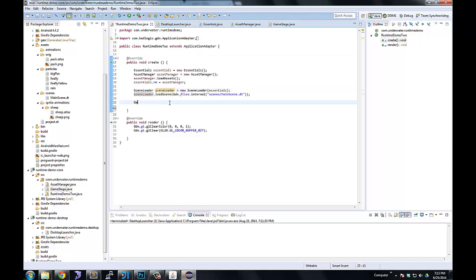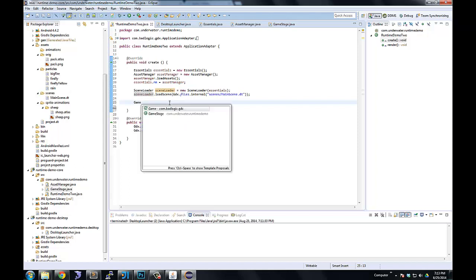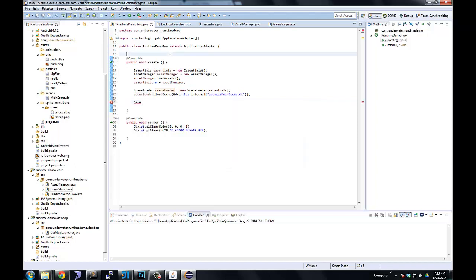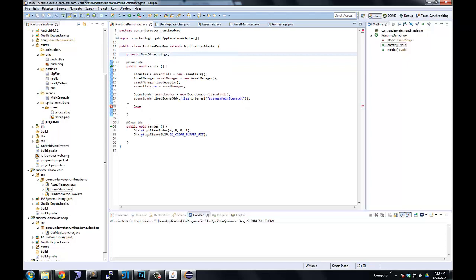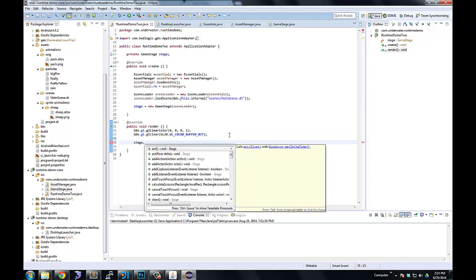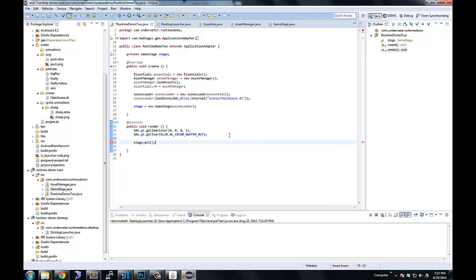So I say game stage. Oh, sorry, let's make it private game stage, and stage equals new game stage, scene loader. I'm going to put all those codes on GitHub, so don't worry. Should be easy for you to download this stuff. And stage act